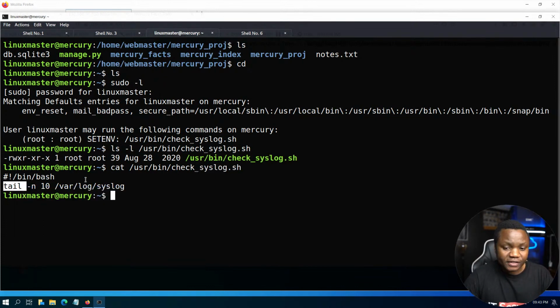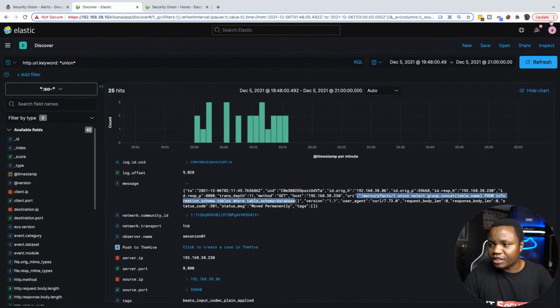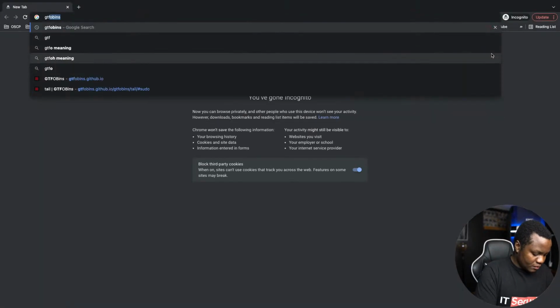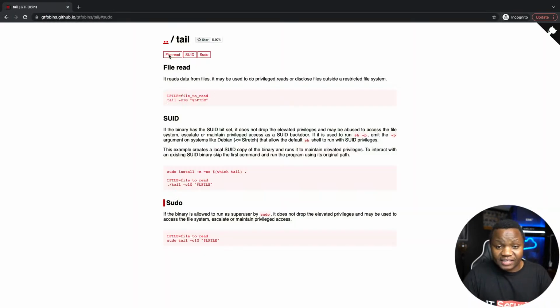That's interesting. If you see a script that's running as root that you can run and it's running any Linux commands, or binaries that you can find in the bin or the user bin, you can start digging around and make sure that things work. So let's go to GTFOBins. And that's tail. So when you go to GTFOBins, you see that we can actually mess with tail by linking some files here